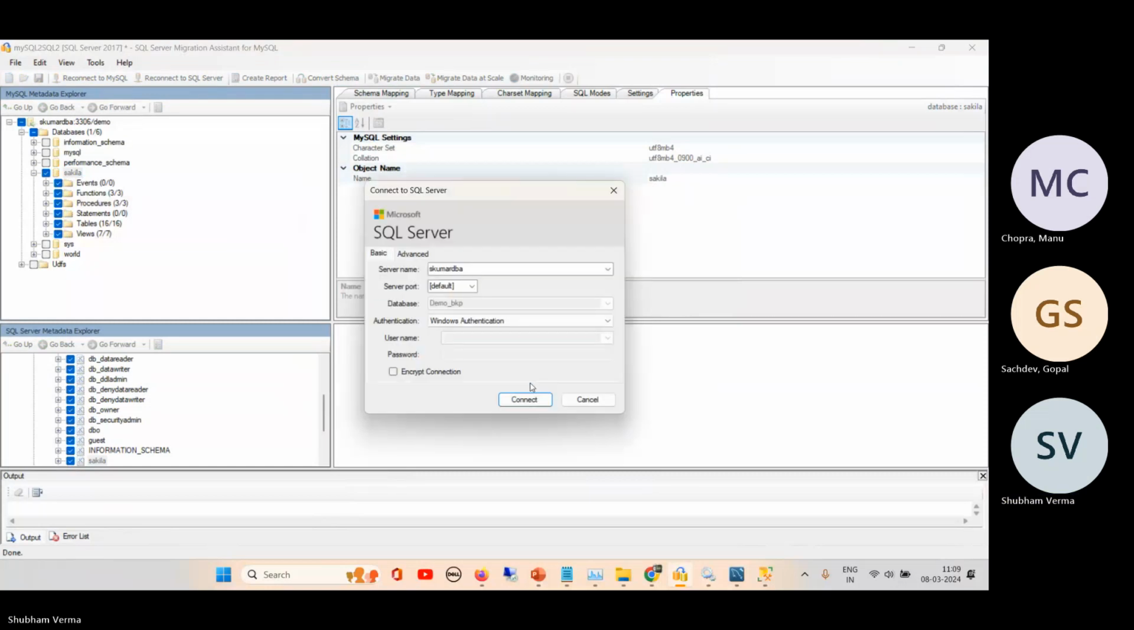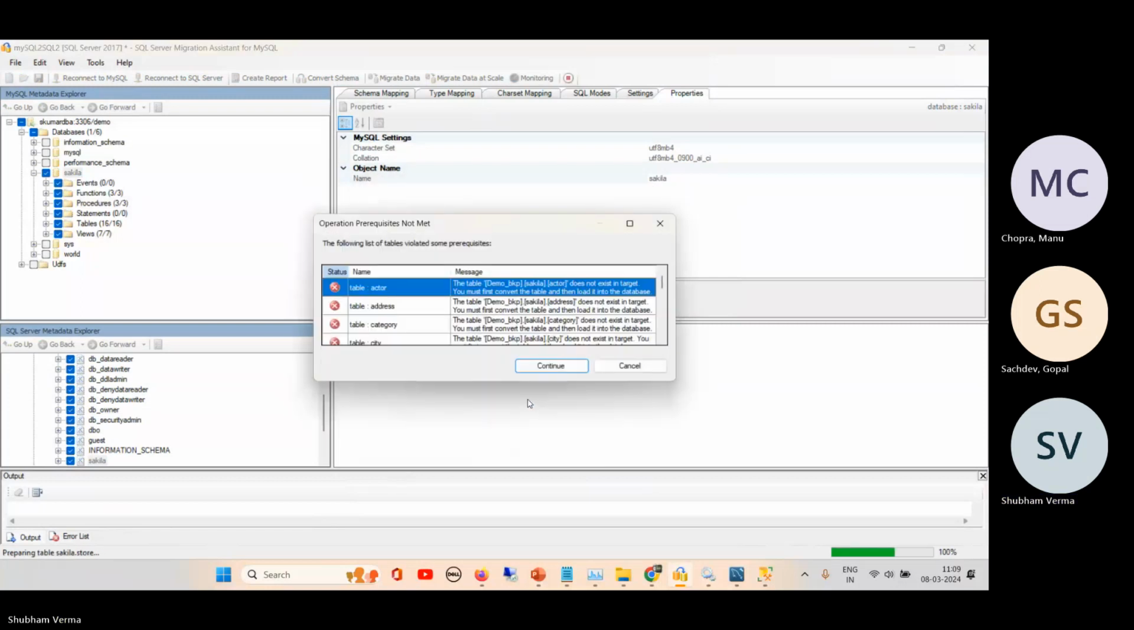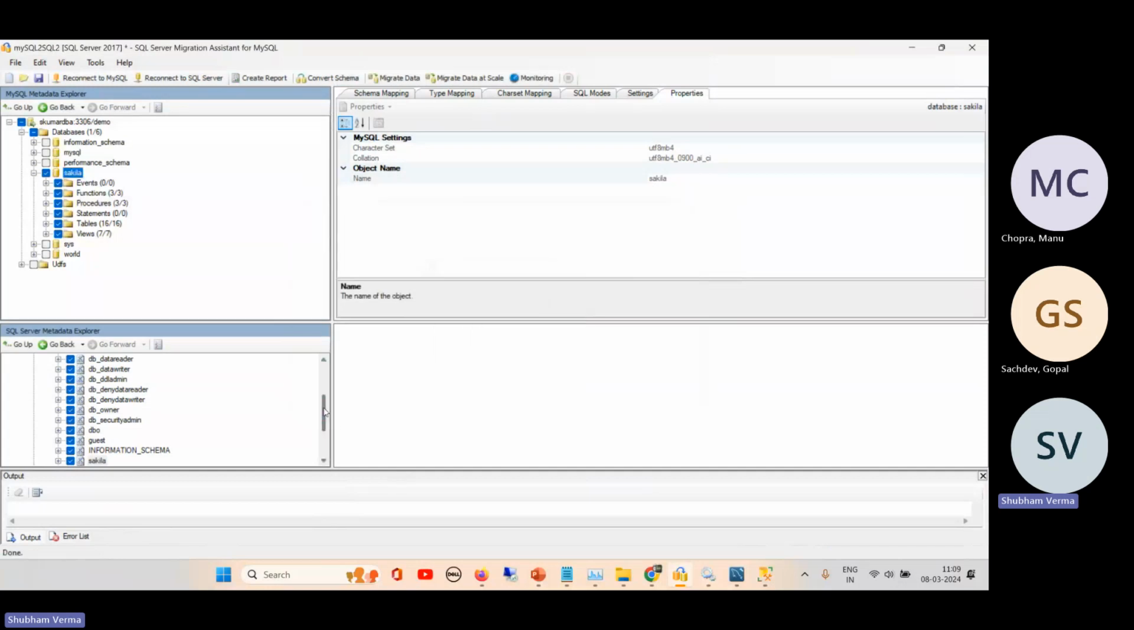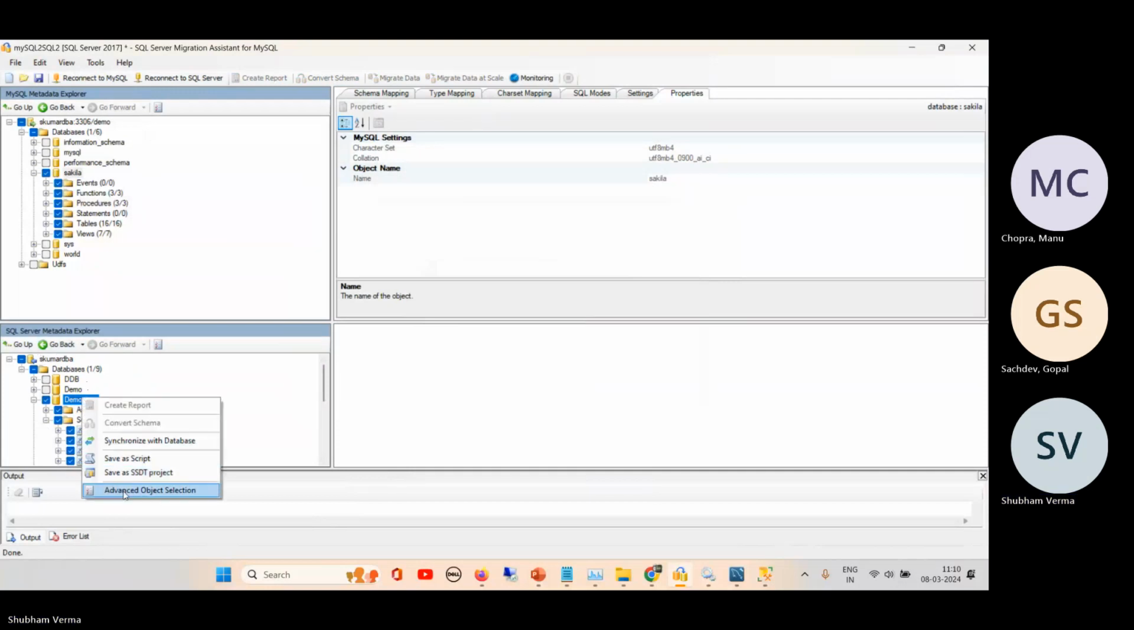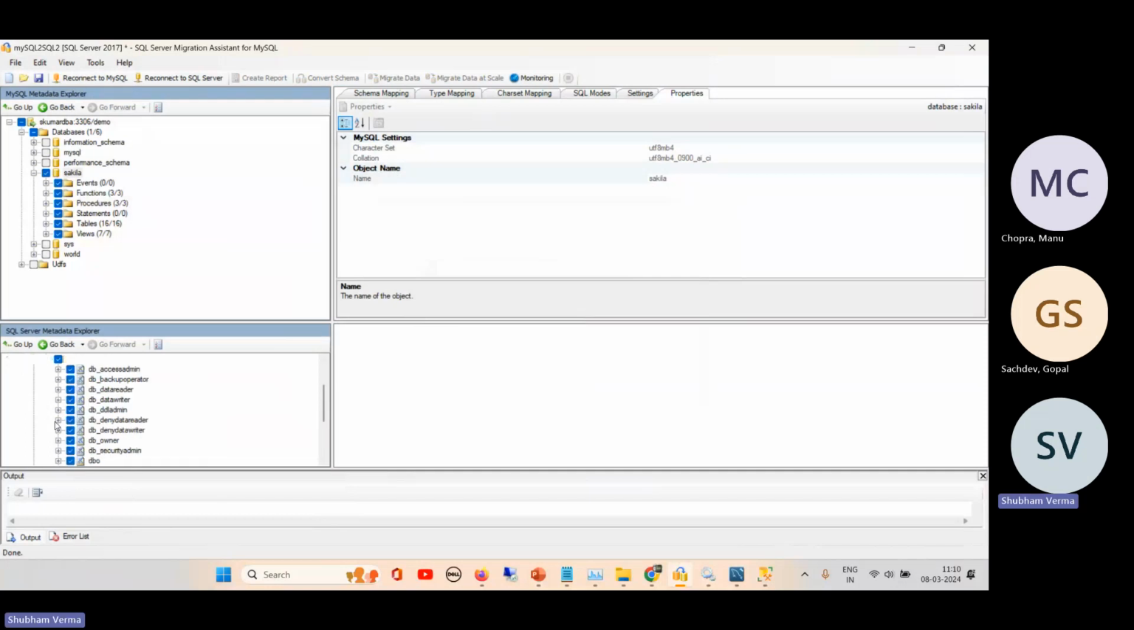Sorry, connect. Yeah. Why? We already have an existing target, it does not exist. We cancel, cancel, refresh, refresh. So we get a schema. In Sakila we have the tables schema. Yes,